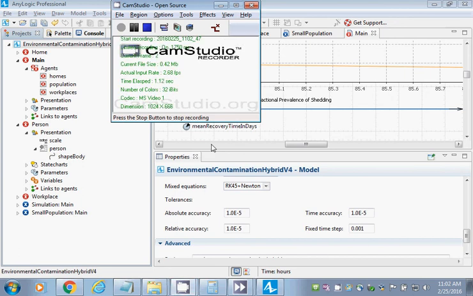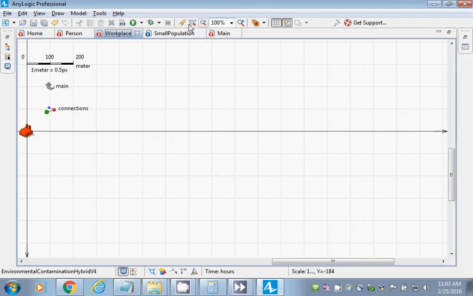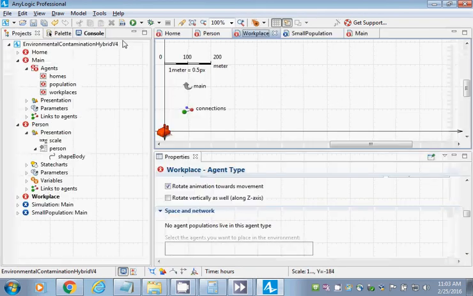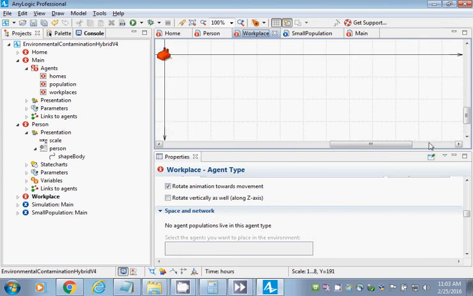Okay, so now, ladies and gentlemen, we're doing some of the most defining things of this exercise. What I would like to do now is to go to workplace. We're going to add pathogen reservoirs in workplace and in home. Now, ladies and gentlemen, pathogen reservoirs have an evolution that's shaped by many things, but often they'll grow over